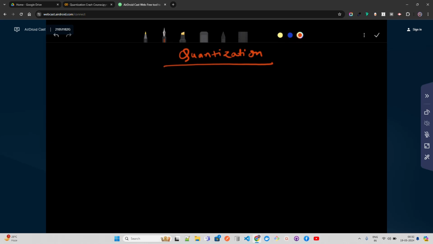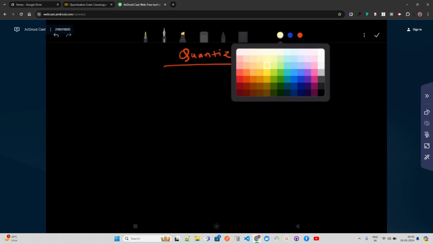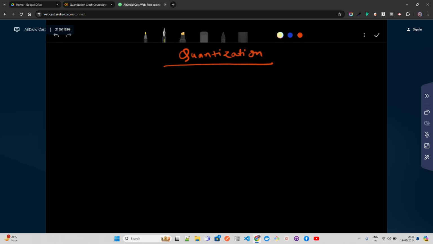Probably you're already aware of the GGUF format or GGML or GPTQ and all these fancy names, but I think you should be aware of the fundamentals before jumping into these words. So we'll first talk about what you mean by quantization and an overview of quantization and so on and so forth.